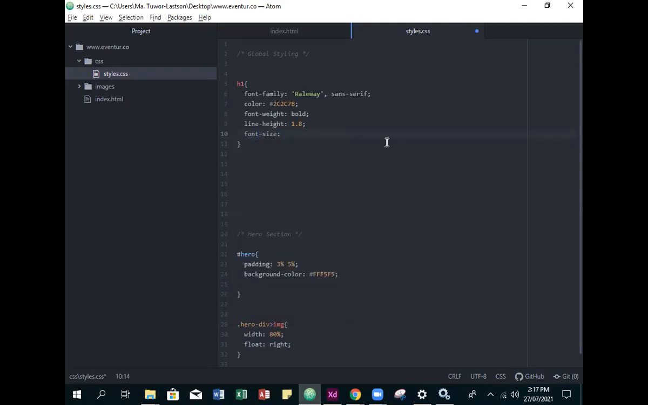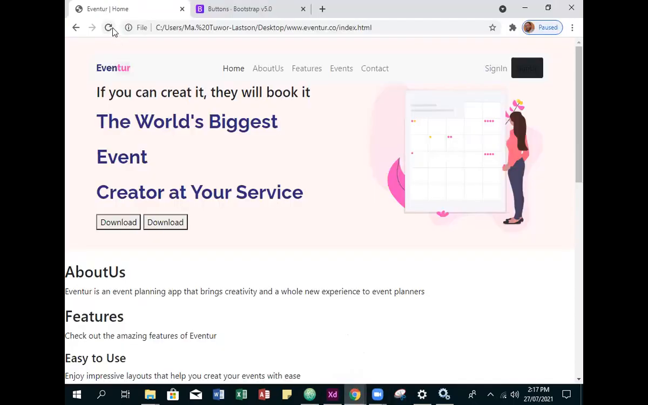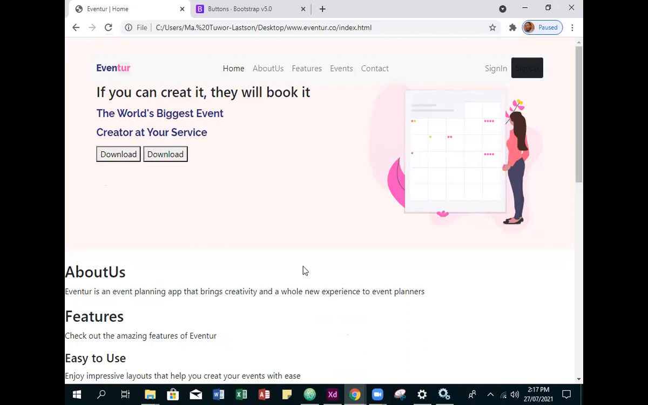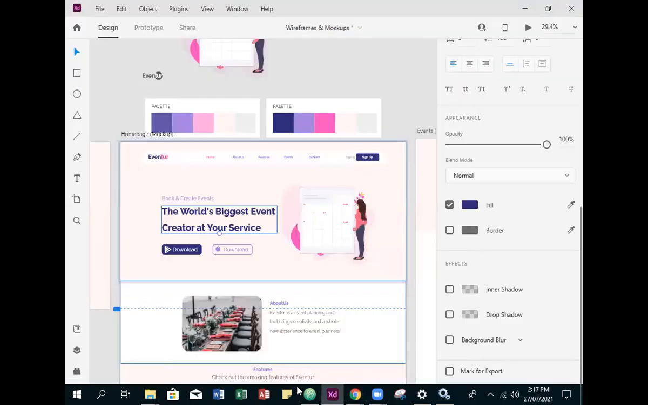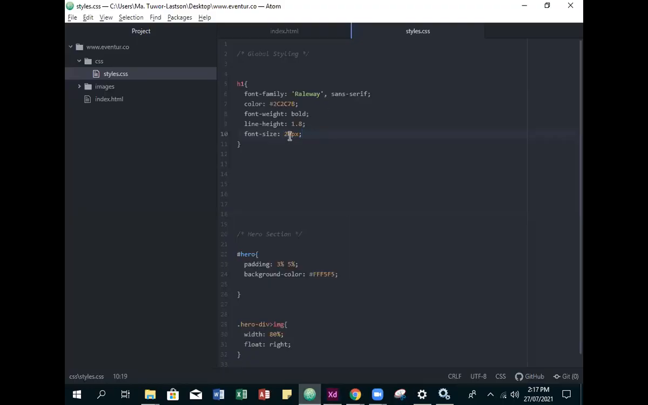The font size of our H1 element will be... can we start at 20 pixels? Yeah, let's start at 20 pixels. Then we can increase from there and see what it takes. Now we have this very small text, and then we go double that size. Let's go twice that size, which will be 40 pixels. Make it 40 pixels, and